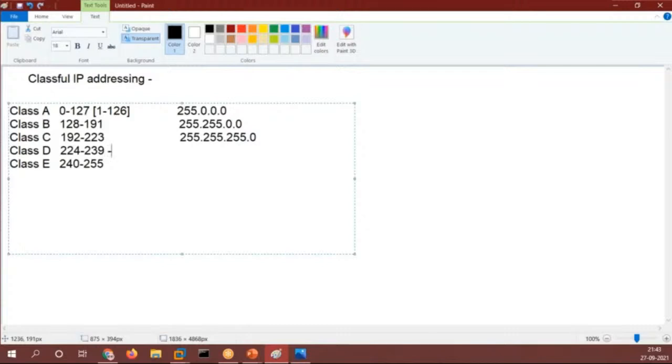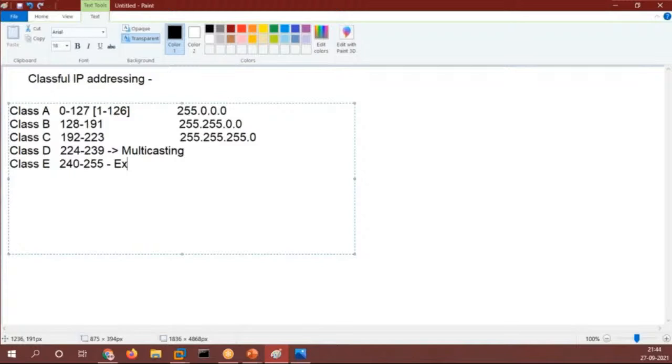Class D is used for multicasting. So what is multicasting, guys? Multicasting is like a newspaper subscription. If you are subscribed to the newspaper vendor, that vendor will give you the newspaper.